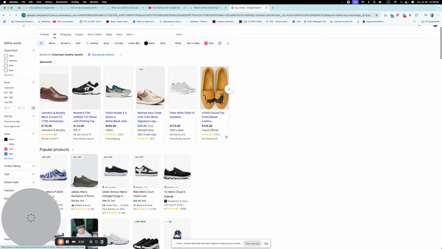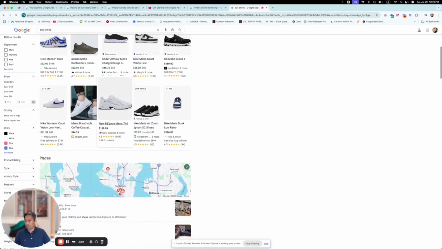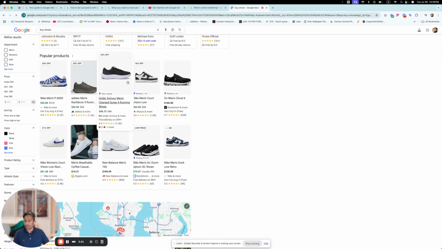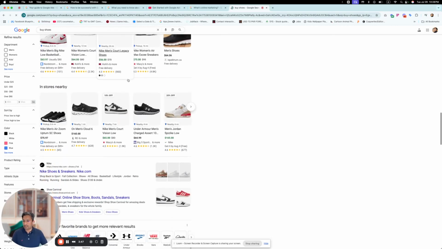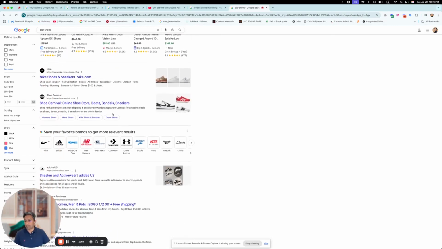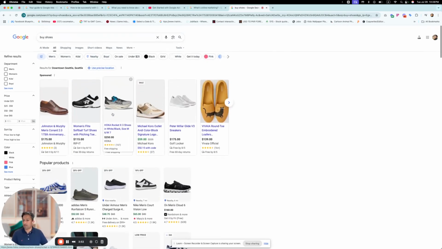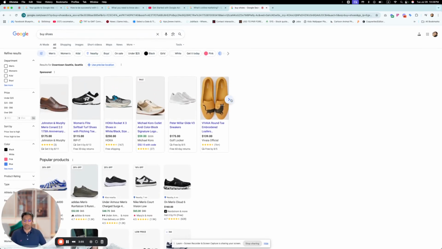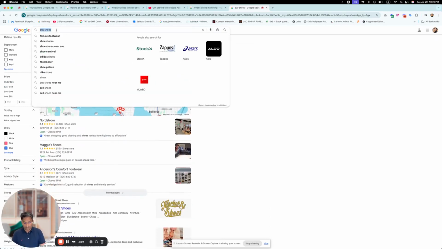So here we go. Here we can see the sponsored results and other popular products, and then come the organic results. We are seeing a lot of inventory showing from the sponsored search results.